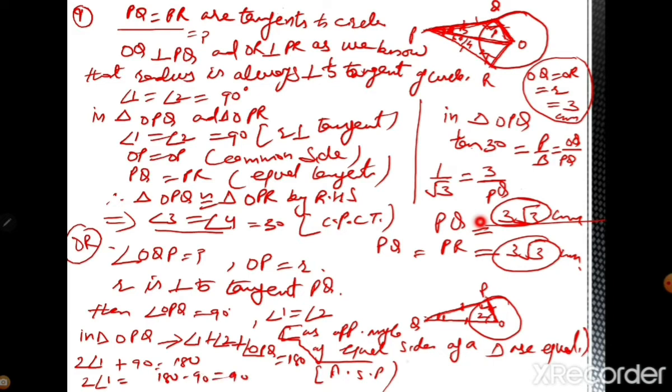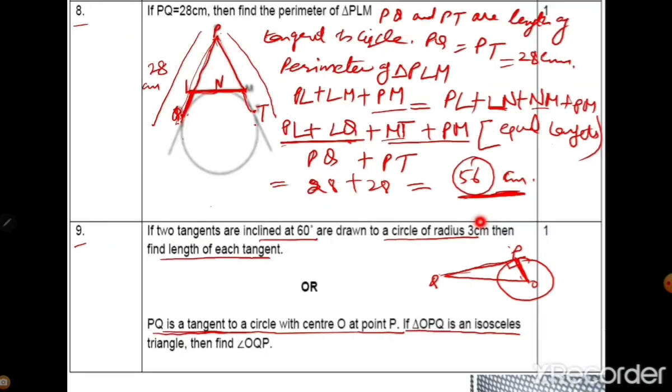Okay, so here we'll write here. So 2 angle 1 is equal to 90 degrees, and then angle 1 is equal to 90 divided by 2, that is 45 degrees. Right, so we are given with angle 1 is 45. Angle 1 is what? OQP. This you have to find out.